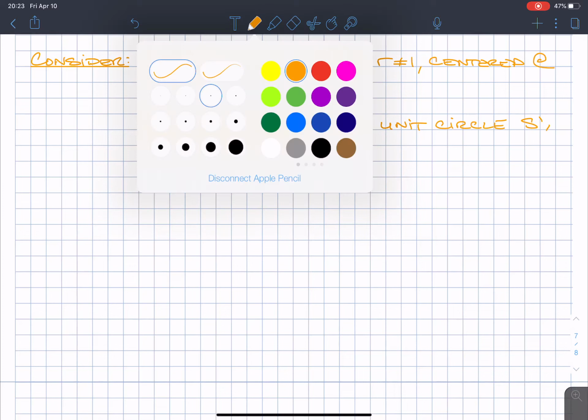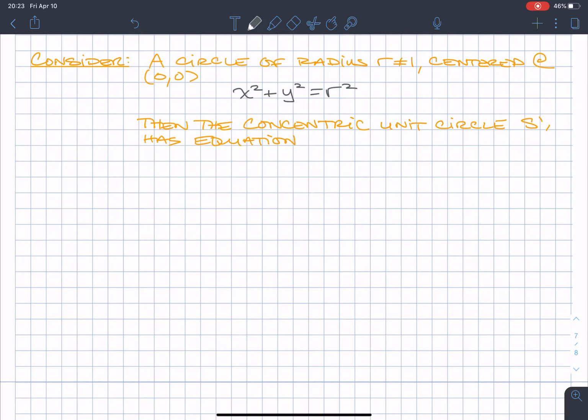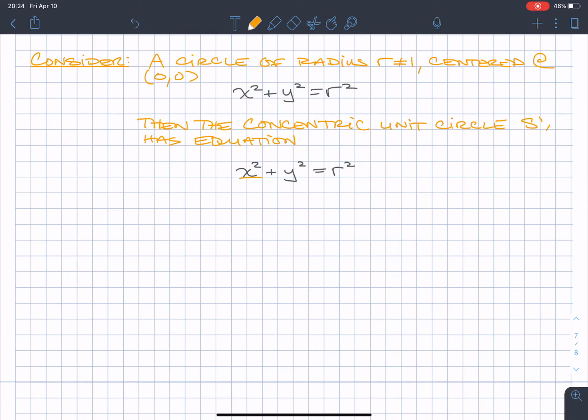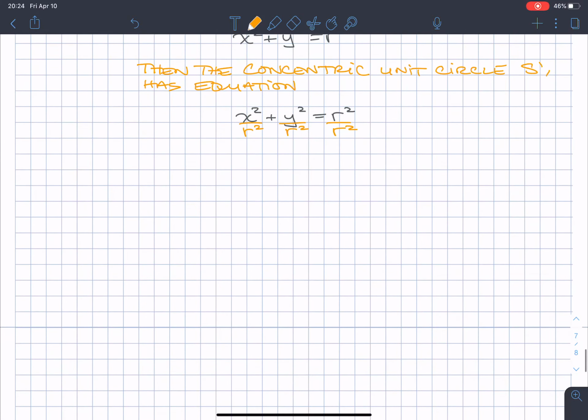Okay, all I need to do is, if I want the radius to be 1, I take the x squared plus y squared equals r squared, and in order to get the radius to be 1, I'm going to divide each term by r squared, because I want a unit circle. So what I get then